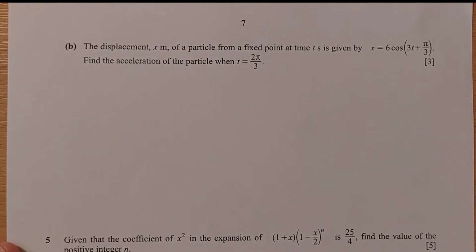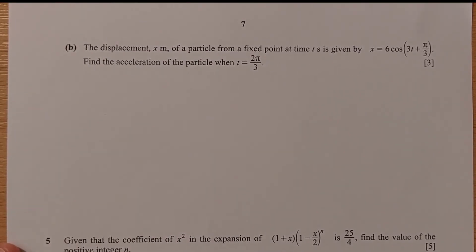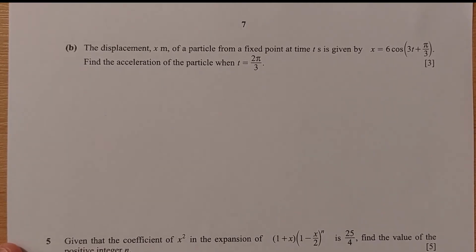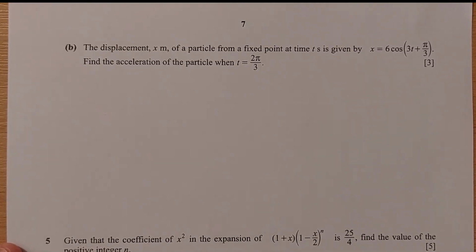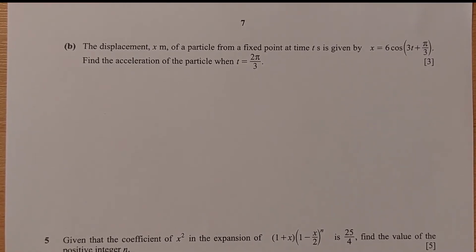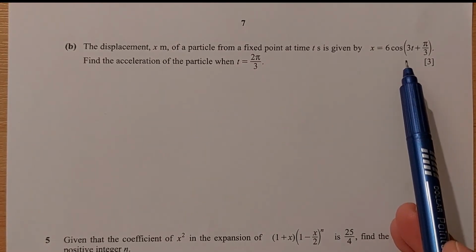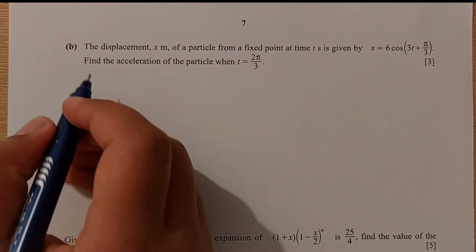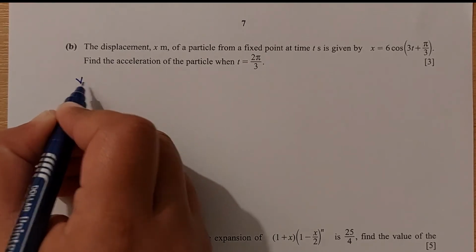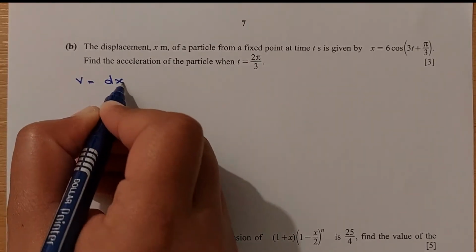Now for the B part, the displacement x meter of a particle from a fixed point at time t second is given by this. Find the acceleration of the particle when the time is 2 pi by 3. So we have been given the displacement, we need to find the acceleration, right? So basically the second derivative of displacement is acceleration, right? So first we need to find the velocity, that is the first derivative of displacement,